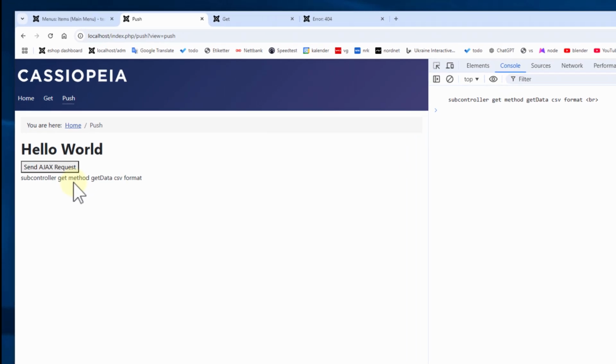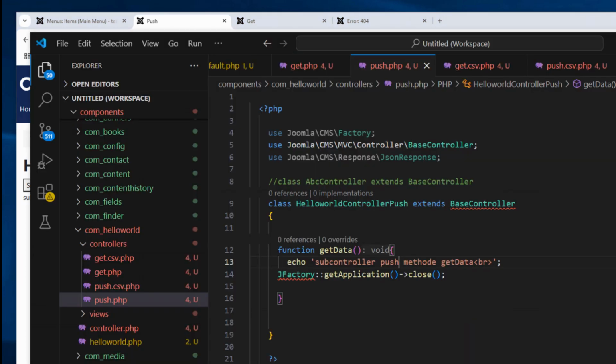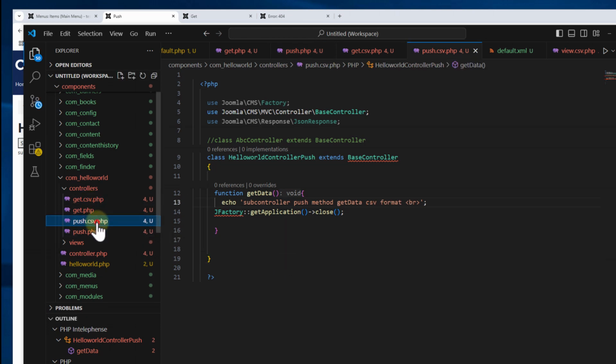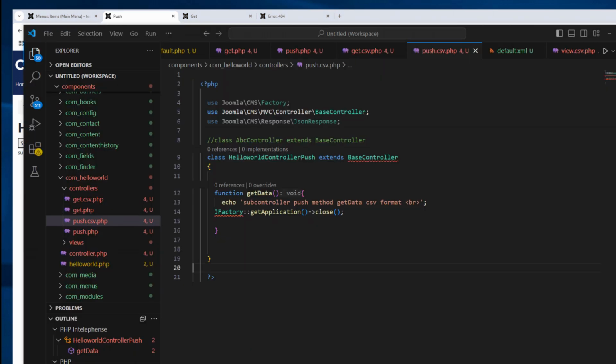Now we see that we have got something is not saved here. Push, save, push CSV, save, try again. No. Reasons that we have got get still, I suppose it is found in these views,